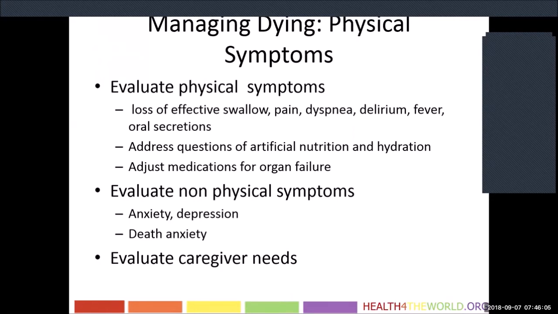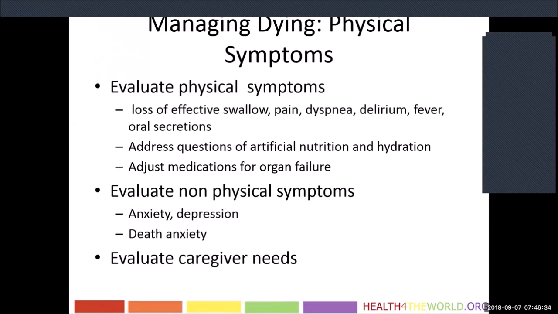So when addressing issues of artificial nutrition and hydration, and we'll come to this, it's important to separate out the part that we're doing for emotional comfort, and then what we will do when we have to make a medical decision about it. I will explain that in more detail. And then we have to be thinking about if they have renal failure or kidney failure, how we are adjusting our medications to make sure we're not creating toxicity and suffering at the end of life.